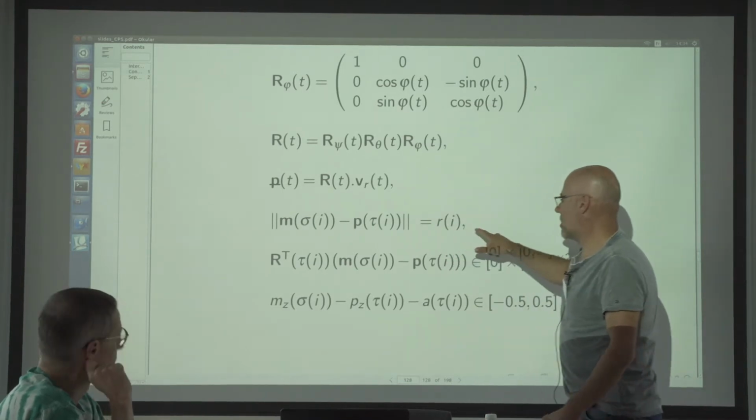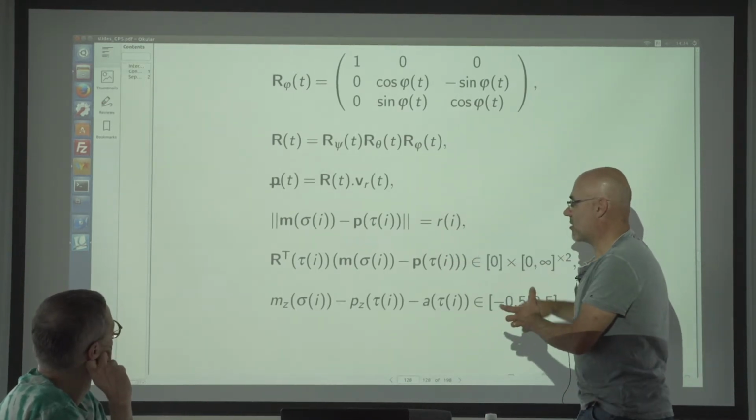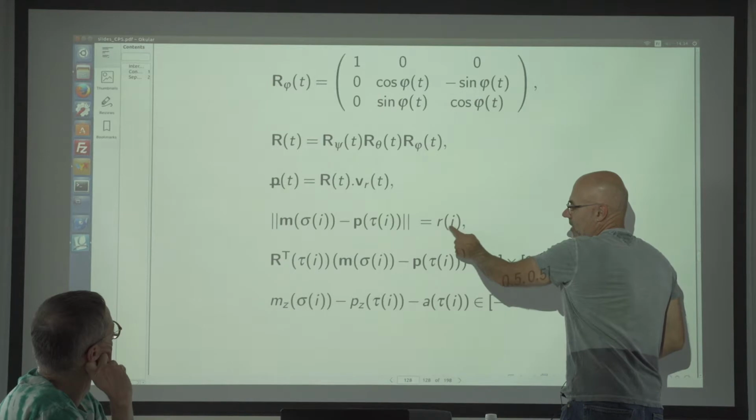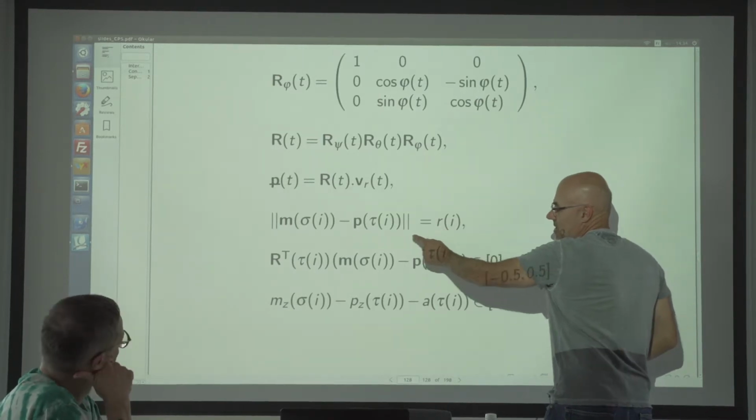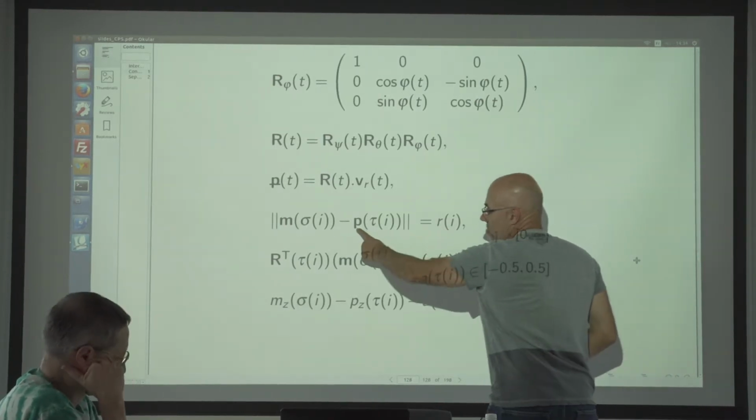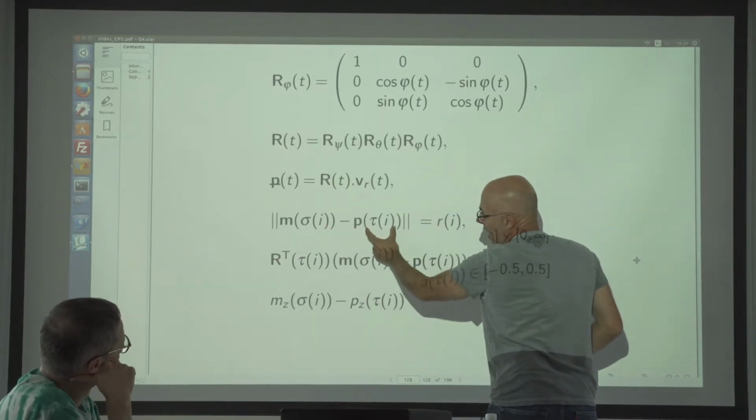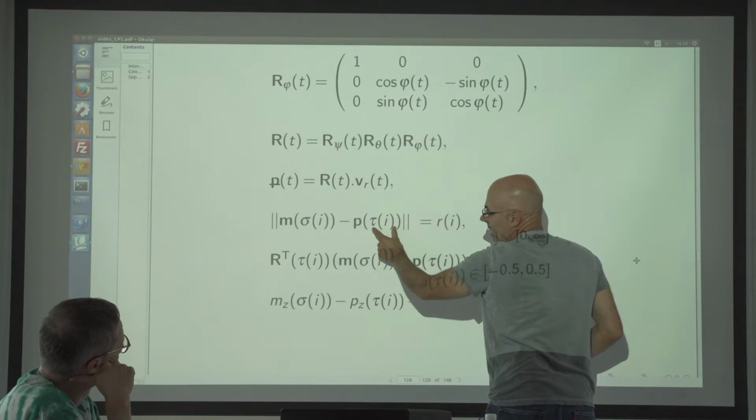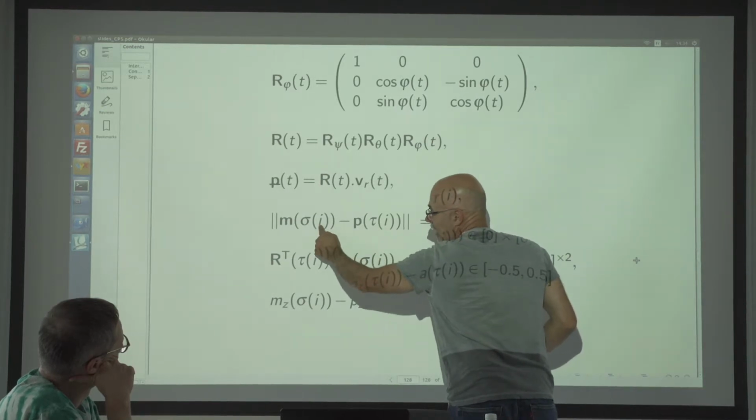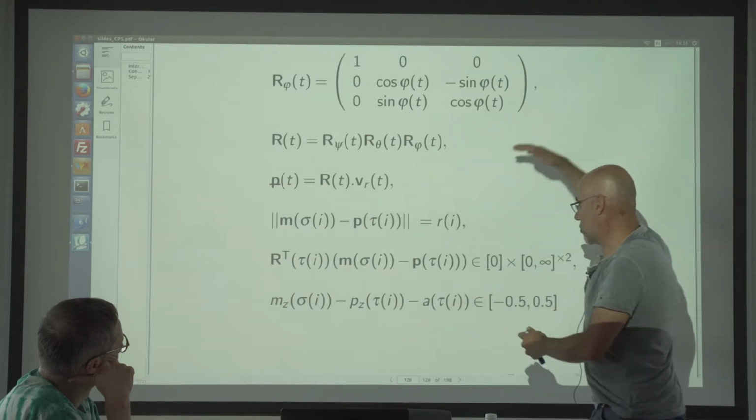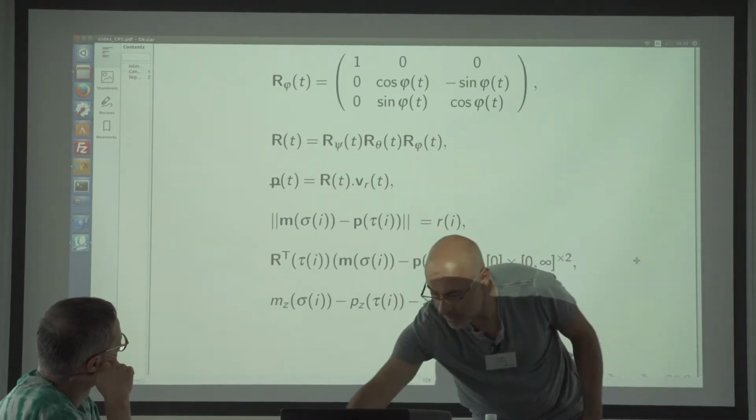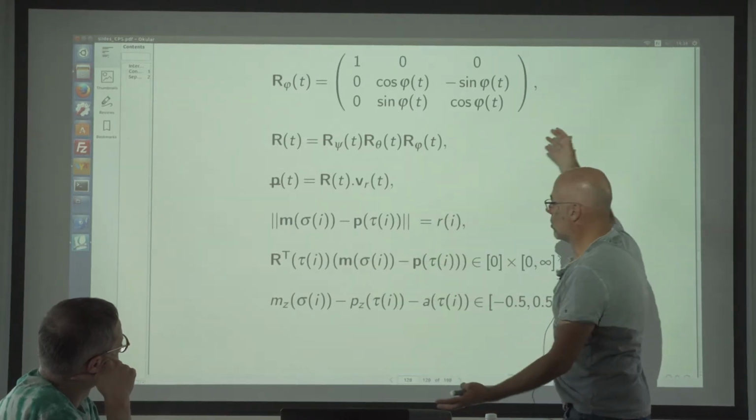Here it corresponds to the fact that when you see a mine, you measure the distance, and it corresponds to the distance between the position of the robot at the time where it has seen the mine, and the mine that has been seen at the detection. Okay, so you have many equations, and you solve all these equations all together